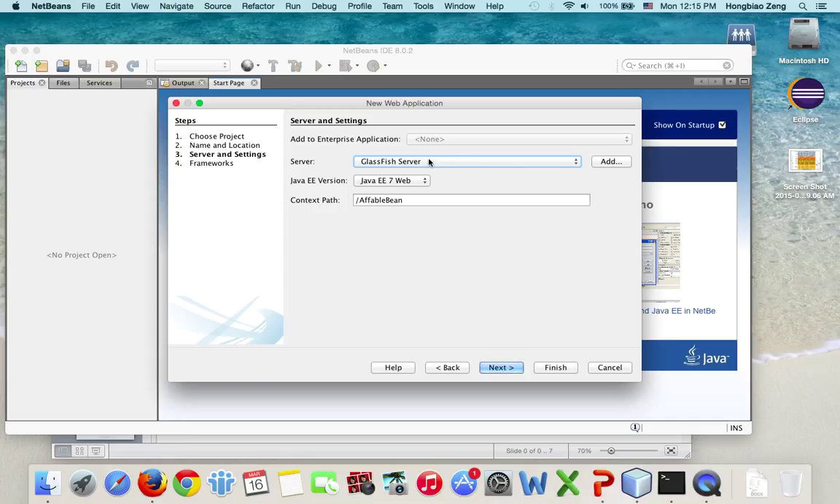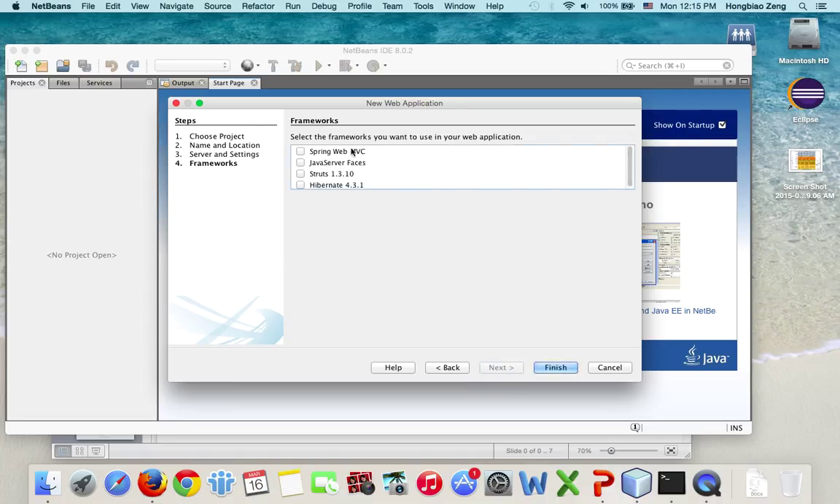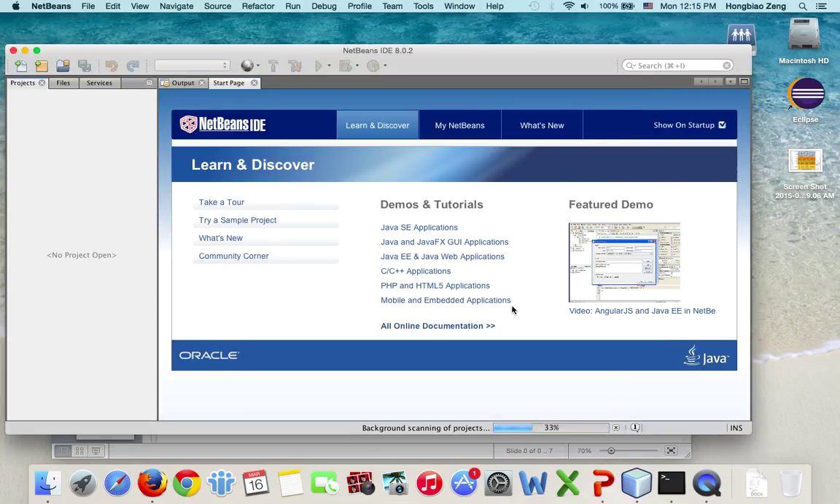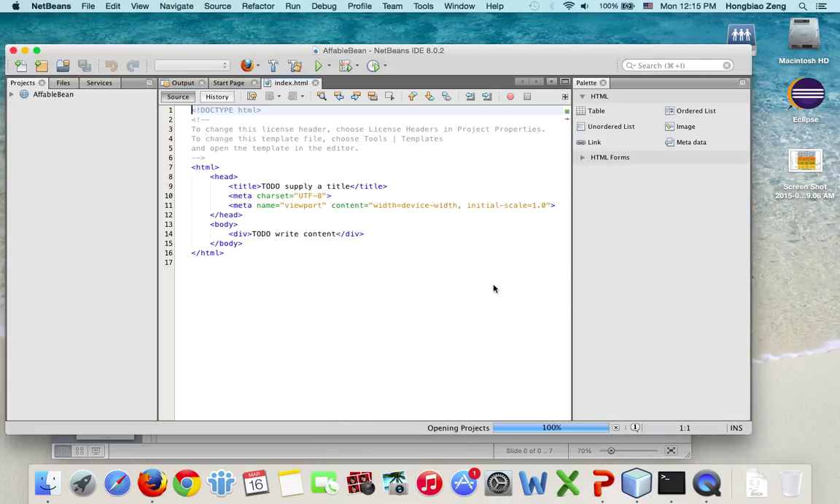We will use the Glassfish server, Java EE 7, and the web context path. Just leave it like this. Then click Next. Now, we don't select any framework yet. We just click Finish so far. If you expand here, you will see this project window here. Now, this is the